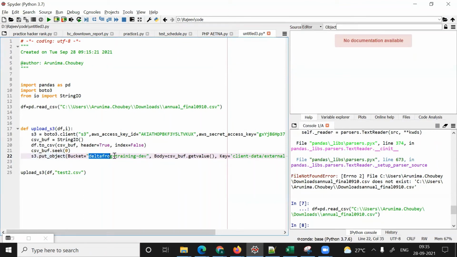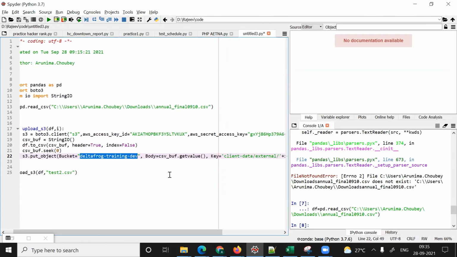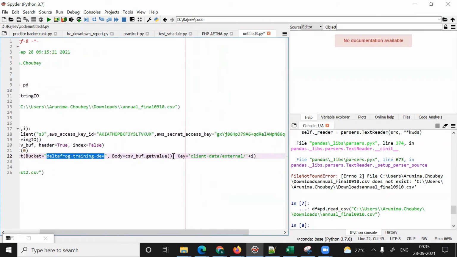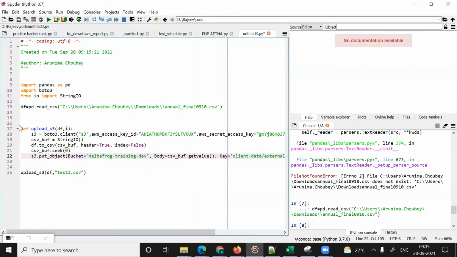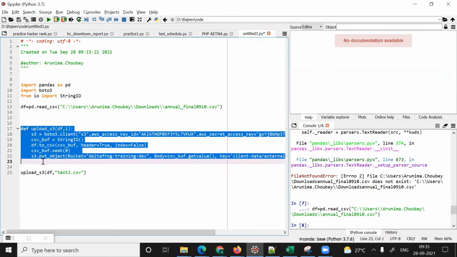Here you have to pass the bucket name where you want to upload this data frame, and here we are getting the value from the buffer, and this is the key, meaning inside the bucket what the folder is, and I am passing the file name. This code is very easy, and you'll understand it.